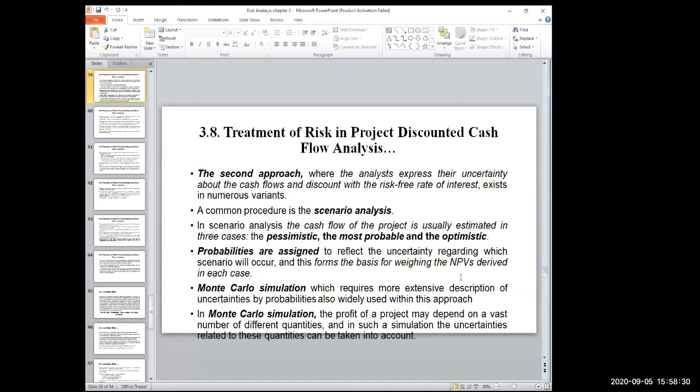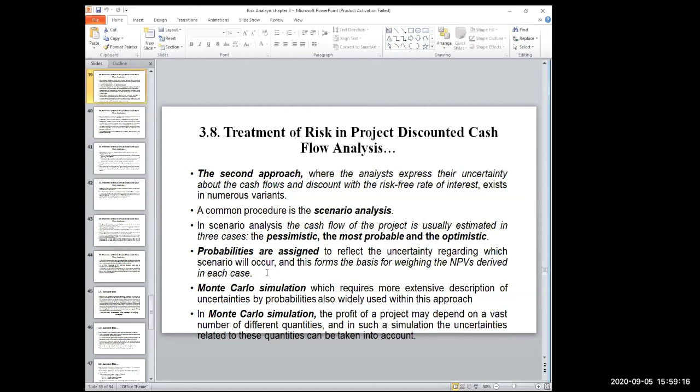Yesterday I told you that this is the most complex and the most expensive approach to deal with risk under uncertainty. Monte Carlo estimation is an extensive description of uncertainties by probabilities, as one approach to use. In Monte Carlo simulation, the profit of a project may depend on a vast number of different quantities. The project cash flow and project profit determining quantities, and in such a simulation the uncertainties related to these quantities can be taken into account. We will see Monte Carlo estimation only briefly, because it is more statistics and